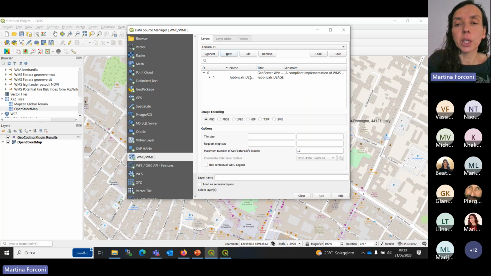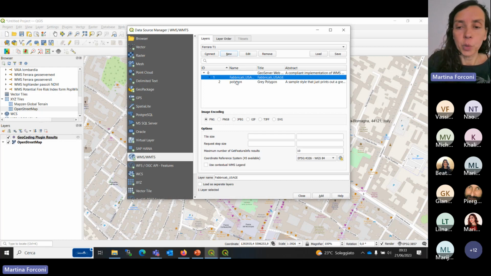In this case, you see one layer, but the WMS could also have more layers. Then with a double click, you can add it on the map.